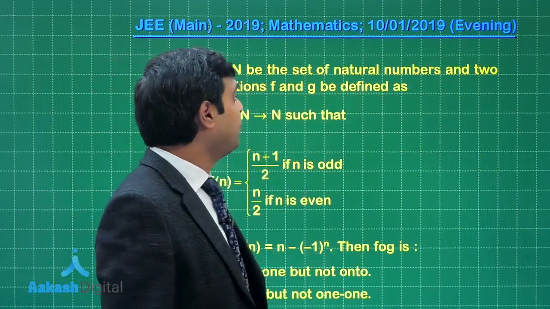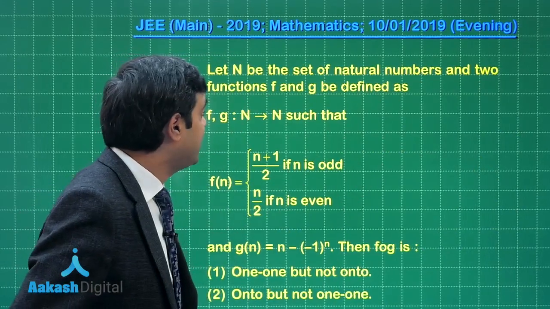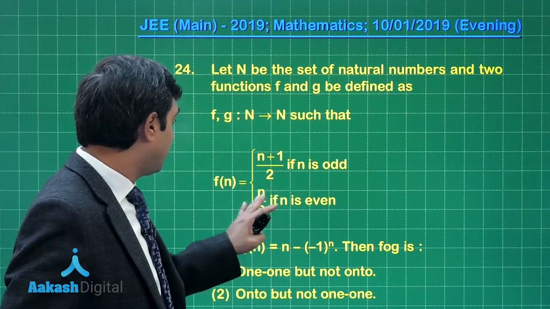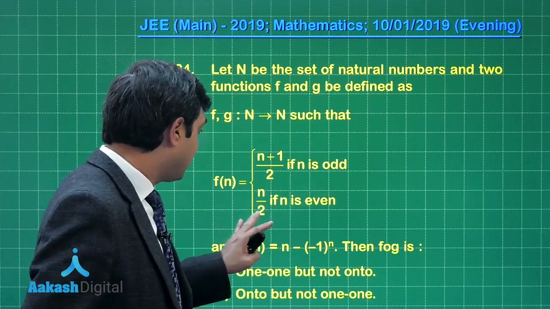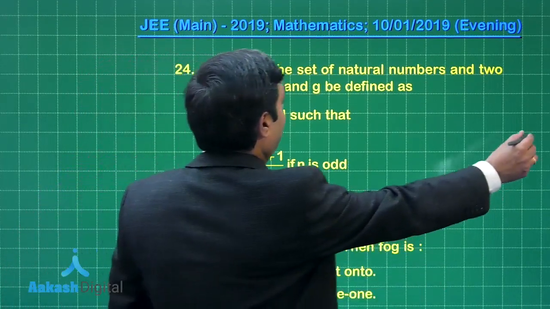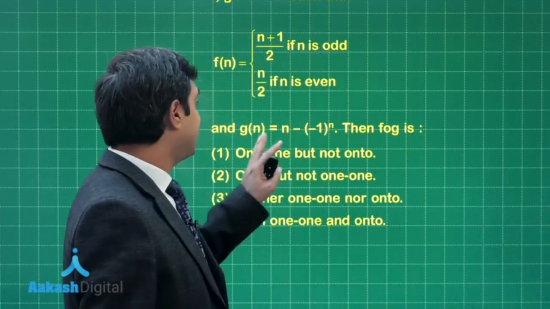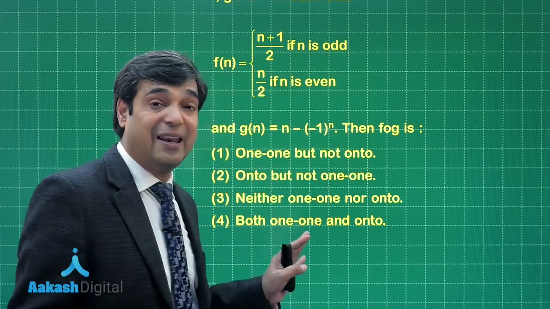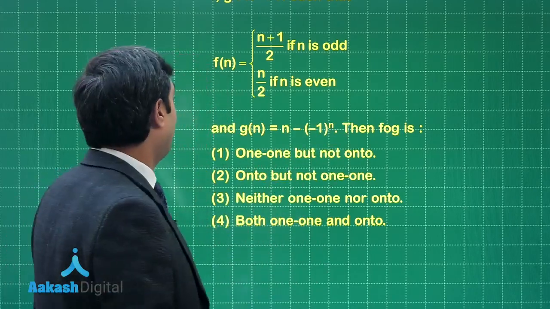Let N be the set of natural numbers and two functions f and g be defined like this. f(n) is (n plus 1) upon 2 if n is odd, n by 2 if n is even. Now, g(n) is given as (n minus 1) to the power n, then f of g is,